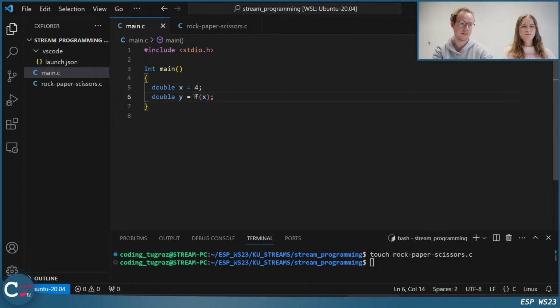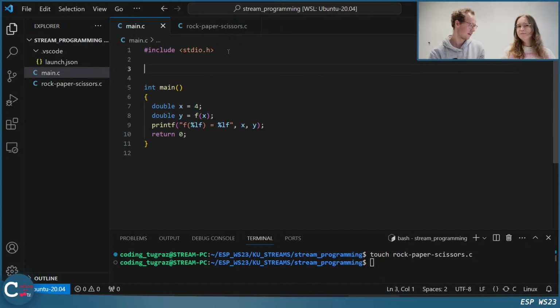So this f doesn't exist because we haven't implemented it yet, but that's how we want to call it. So we want to give it this x, and we want to get the function value returned. And then I'm a bit lazy, I will just copy it now. I just want to print the result here. What is the outcome of my function?